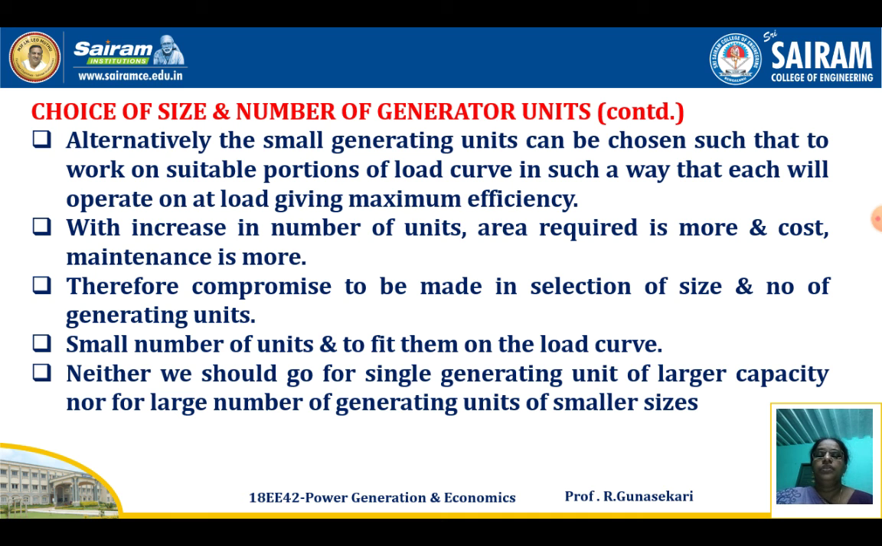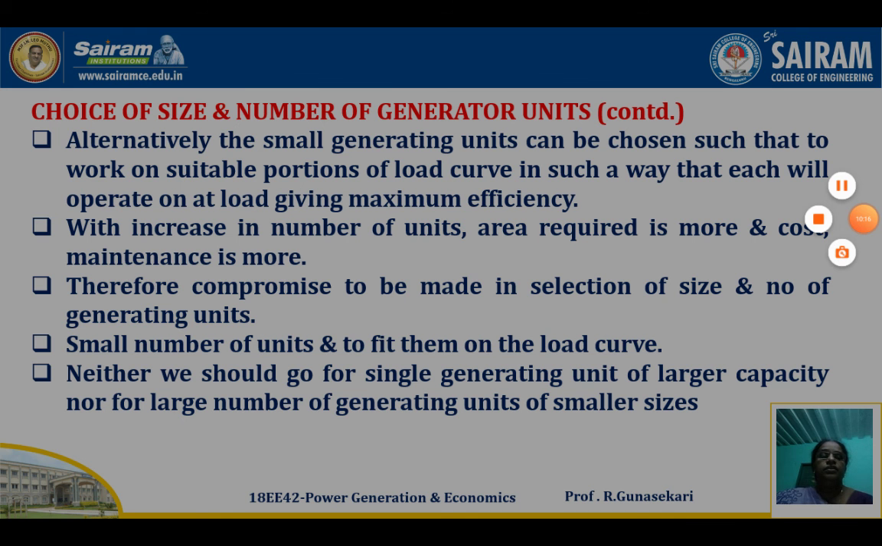So first we know the governing of turbine, then only you can understand how to choose the turbine for particular applications. Then finally the choice of size and number of generating units. So we have to finalize the size and number of generating units. Thank you student for